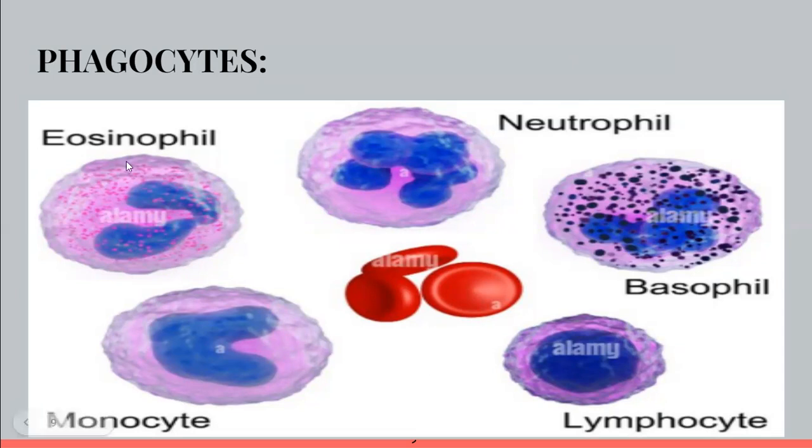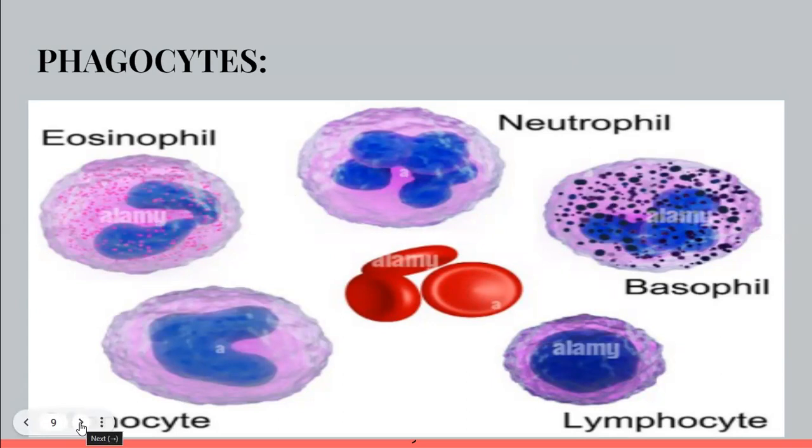So how will we see it now? Phagocytes are monocyte, eosinophil, neutrophil, and basophil. How can we differentiate between them? We can differentiate between them by the shape of their nucleus. And basophil has granular structures. There are tiny granules, particles, in the cytoplasm. But all of them have a function to eat up the germs, to engulf the germs, to digest the